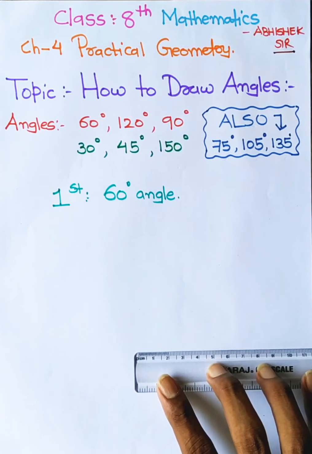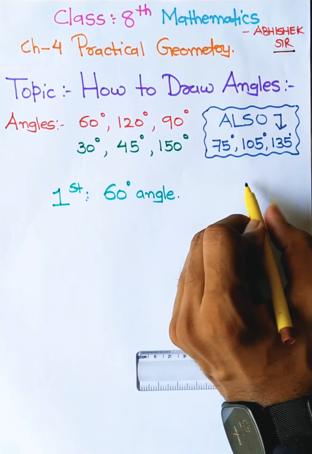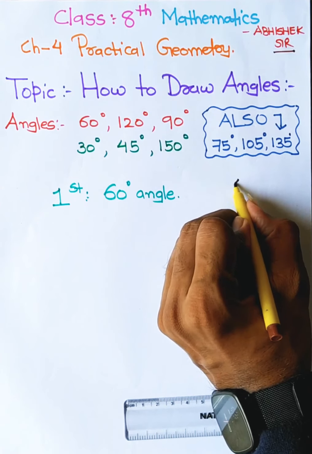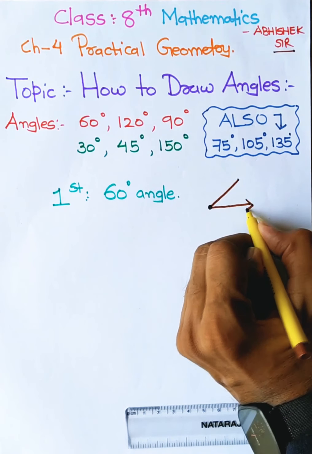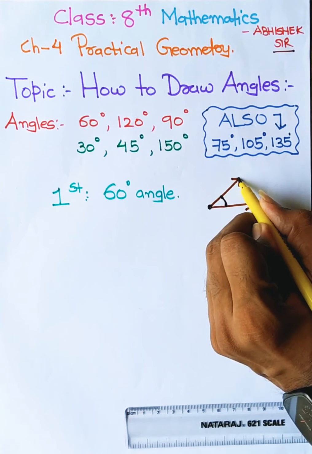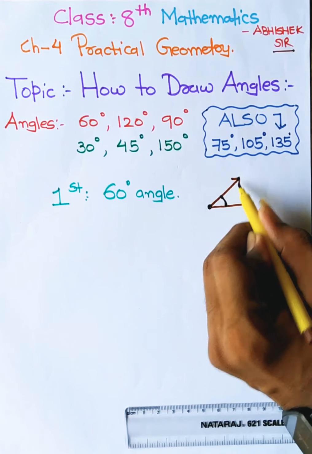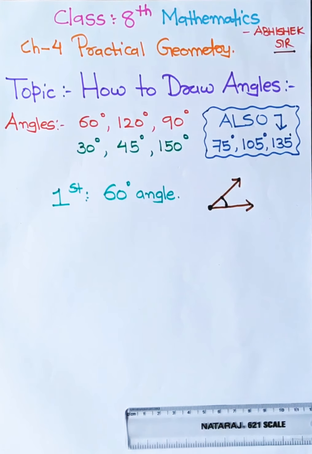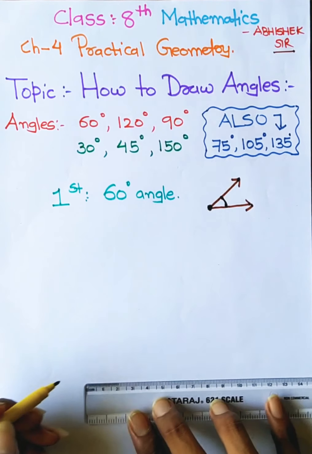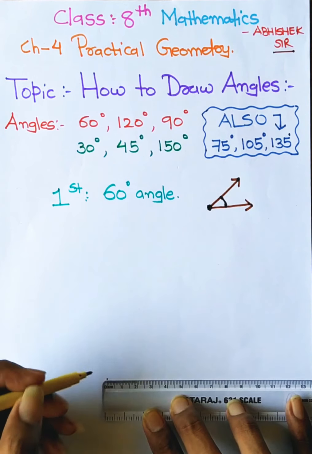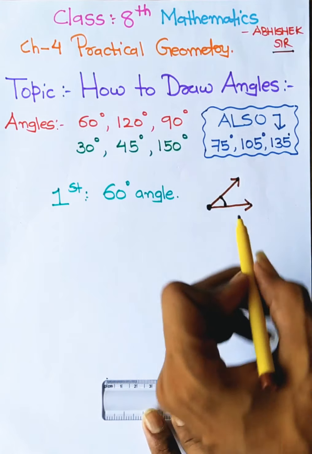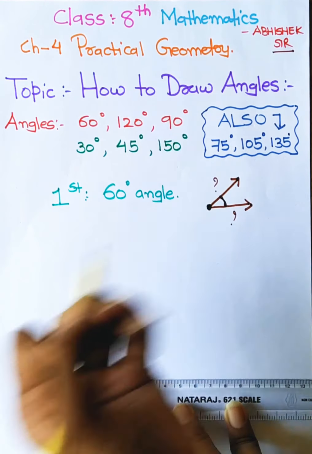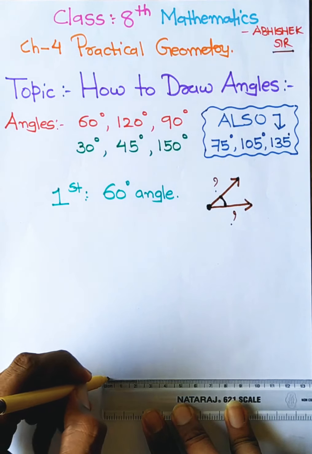To draw an angle, we need two things, that is, a common vertex and two rays. The angle is always formed between two different rays which start from a common point. Okay, so we will always start with the first ray. Right now we'll start this as a line segment. Now we are focusing on how to draw angles, so we won't have the measurement of these two, we will take it as random. So right now I am drawing